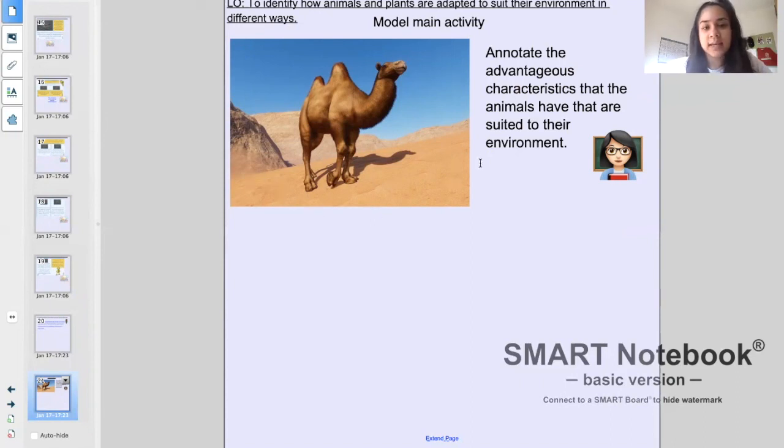So this is a desert, this is a camel. Because the environment is sandy, the camel has large, wide feet to help it stay above the sand so that the camel doesn't sink into the sand. Okay, so that's just an example of one characteristic. You may want to do some research on these animals to help you annotate them. Okay, so head on over to Teams, complete the quiz, and if you would like an extra activity to do, then go for it. It will be in the